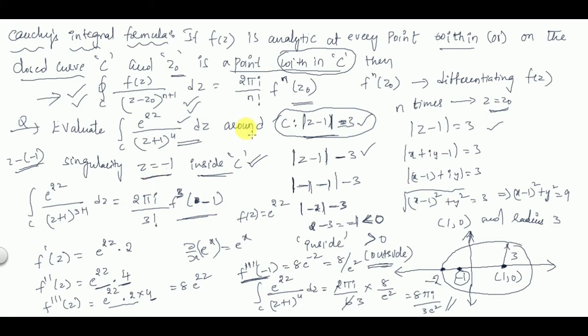So the important point is, after making the denominator equal to 0, you'll get the singularities. After getting the singularities, you have to check for each and every singularity whether they are inside the closed contour or not. If they are inside the closed contour only, you can apply Cauchy's integral formula. If they are outside the contour, then the integral value for that particular singularity is 0. We cannot apply Cauchy's integral formula in that case. We'll see some such cases in the upcoming problems.